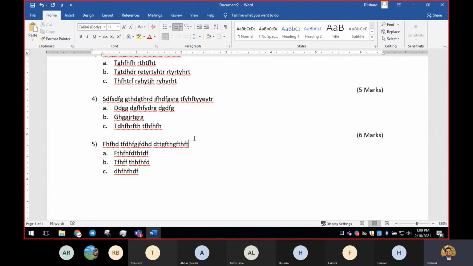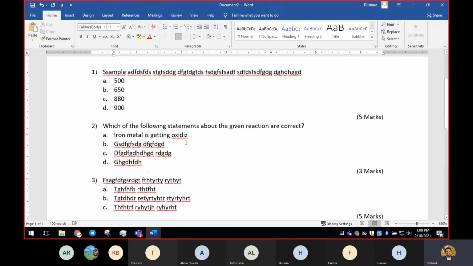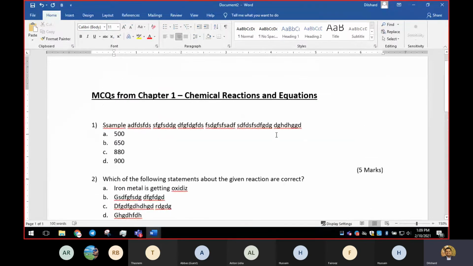What is the shortcut key? Control R, right? Answers, but the weight of the question is high, right? So I'm going to allocate 10 marks to that. Okay, so that's our way, right?